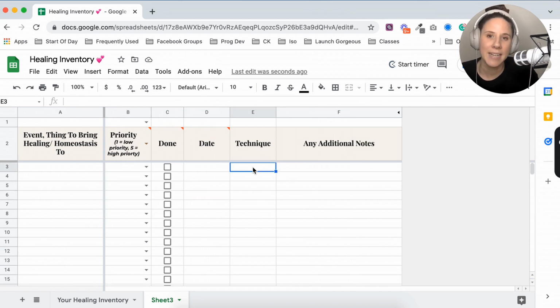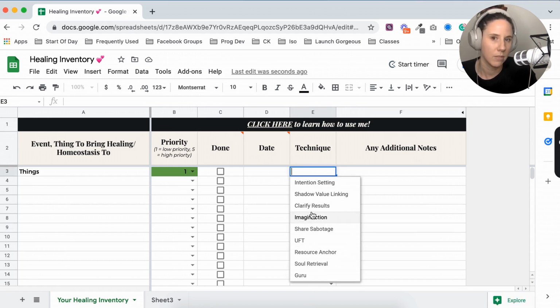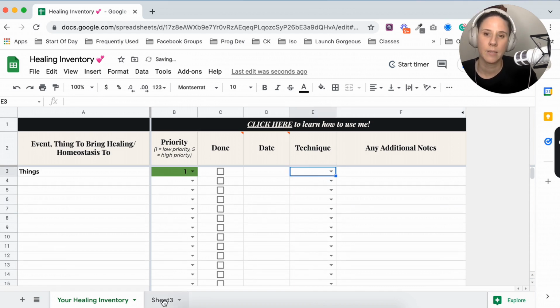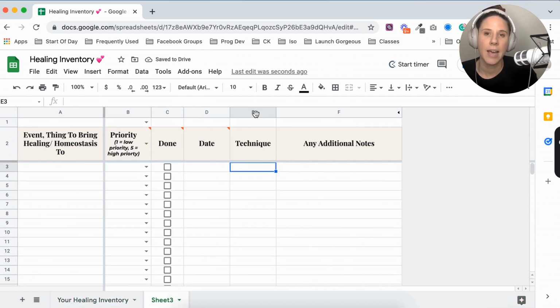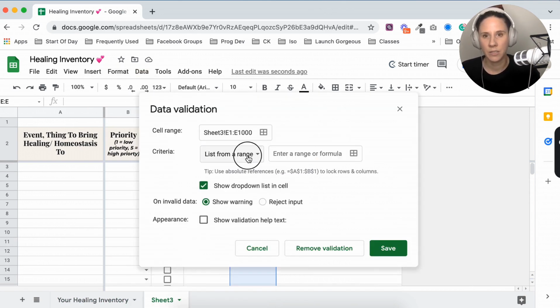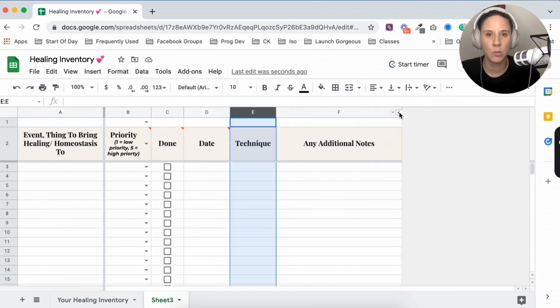Now, the technique, what you'll notice is that I'm actually having to write out the whole thing. So like you'll notice here, I wrote like 10 different things down. You could do this one of two ways. You could either highlight this and go data validation from list and write out like whatever, monkeys, apples, whatever your thing is. If you have a lot of different variables, however, what I would recommend to do instead